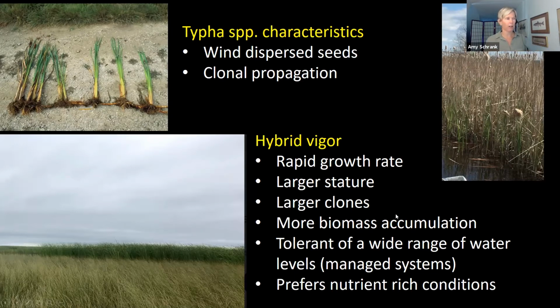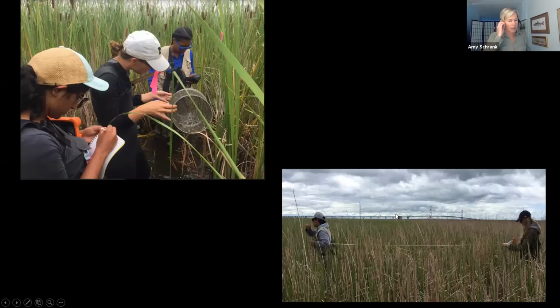So a little bit of background. There has been quite a bit of work about how Typha, or cattail, outcompetes native plant communities. So it sequesters nutrients, it even affects greenhouse gases, and there's been quite a bit of research about that. But there are fewer data about how cattail affects other biota, so things like fishes. So that's sort of our starting point for this study.